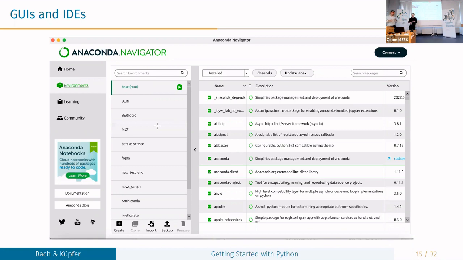Scikit-learn is for basic machine learning models. We will look at logistic regression and random forest in Python, how to implement them, and do some hyperparameter tuning, just to get used to Python and the syntax. That's what we plan to do next week.